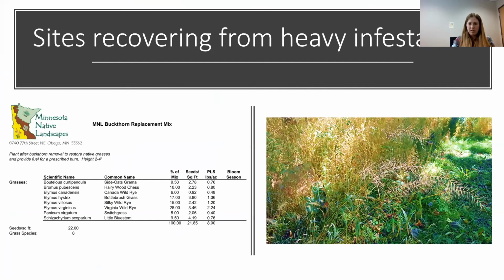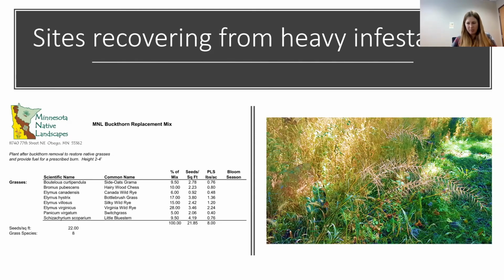So if you're dealing with a site that has a really heavy infestation, or maybe a really large site, so you have a more substantial budget that you're working with, consider something like a buckthorn replacement seed mix, or just a lower diversity but good native cover, something that's quick establishing.